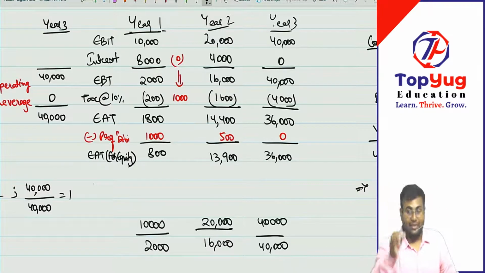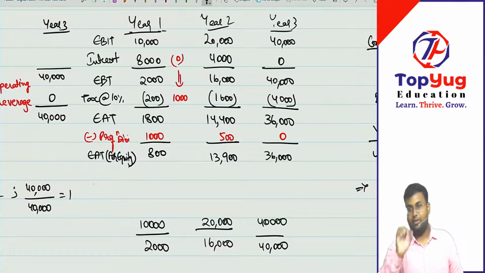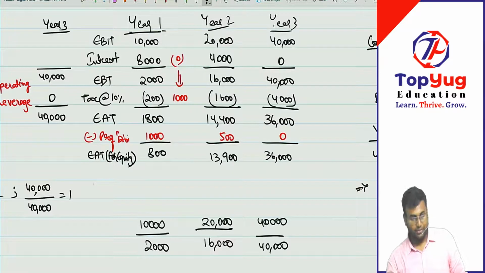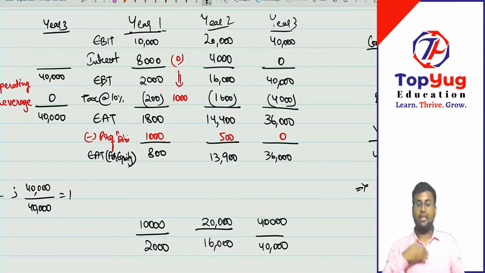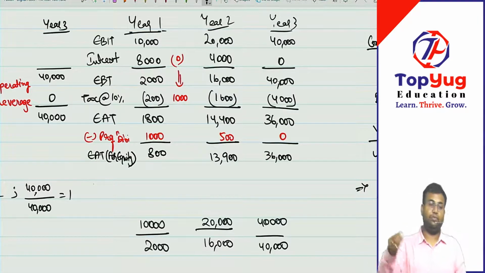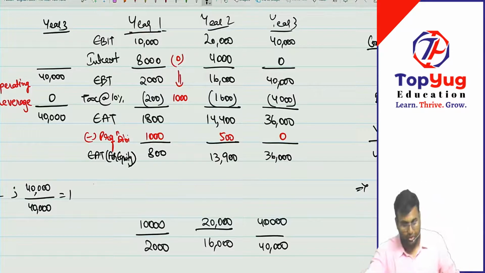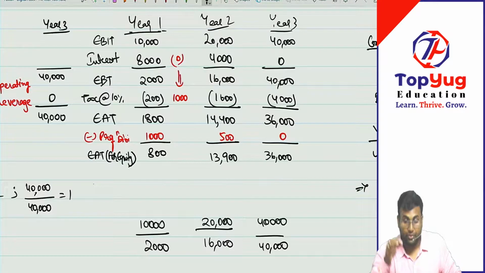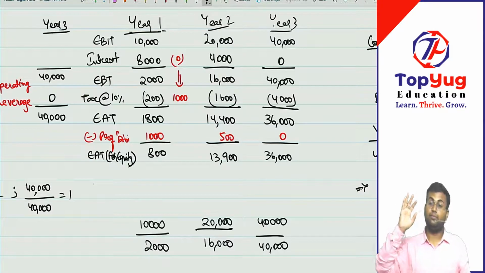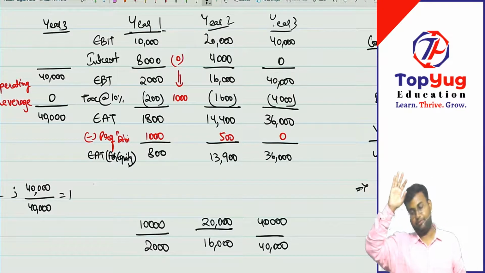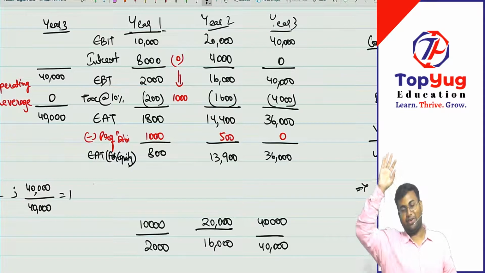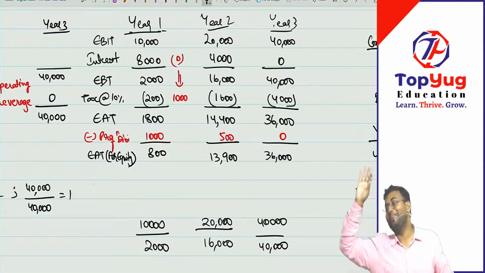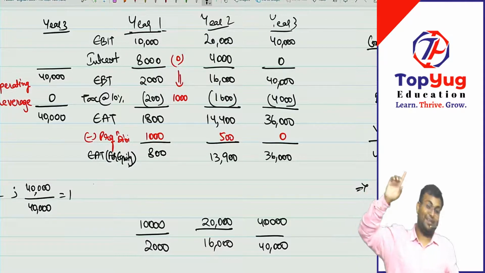There is no finance cost in year 3. Finance cost of interest is 0. Finance cost of preference dividend is 0. Conceptually, if there is no finance cost, the degree of financial leverage should also be neutral. That's why it should be 1. Conceptually, do you agree with me? Any doubts? Raise your hands now or keep your hands down for the rest of your life. Think.